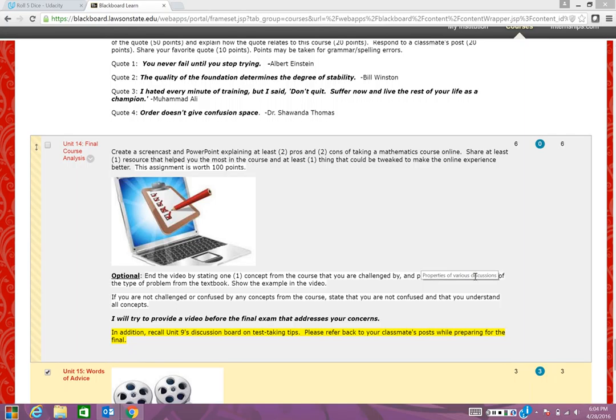Concept from the course that you're challenged by and provide a specific example of the type of problems from the textbook. And some of you did that, so I'm going to address those problems that students wanted me to explain. So there are only two. So alright, one problem was